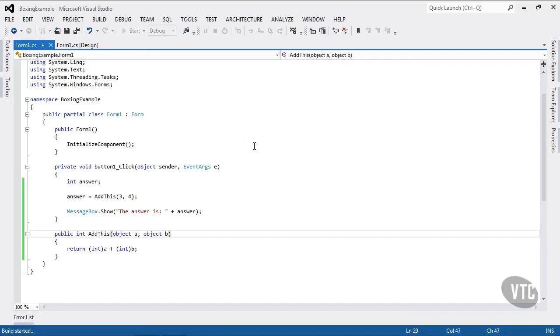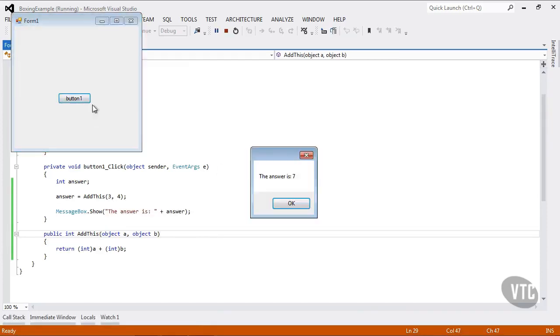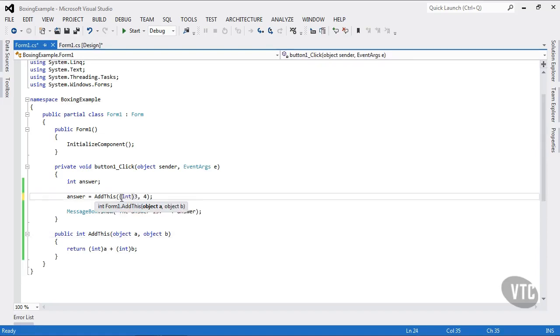I'm passing 3 and 4 in as an object, and it comes back as 7. Now notice to return this, I had to unbox it, if you will. It took the 3 and passed it in as an object, no problem. Notice I didn't have to convert that to an integer or tell it for sure that it's an integer to pass it in. That'll work like that, by the way. We already know it's an integer, but